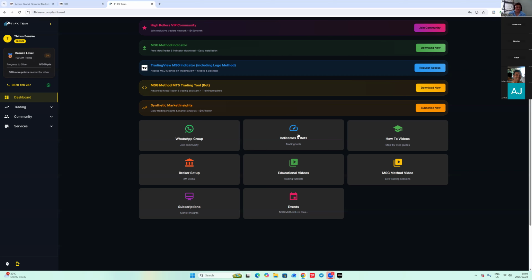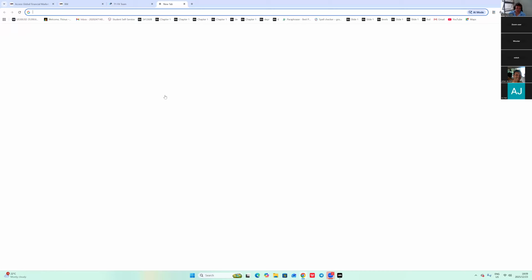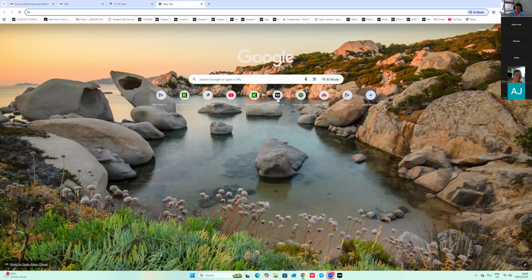And you need to be affiliated under us for this to work. Otherwise, it won't work. So you need to use the TBFX2 partner code, or THFX1 for the girls. Okay, so request access, but then it will ask you for your TradingView username. So let's quickly go to TradingView. You'll see my username here.